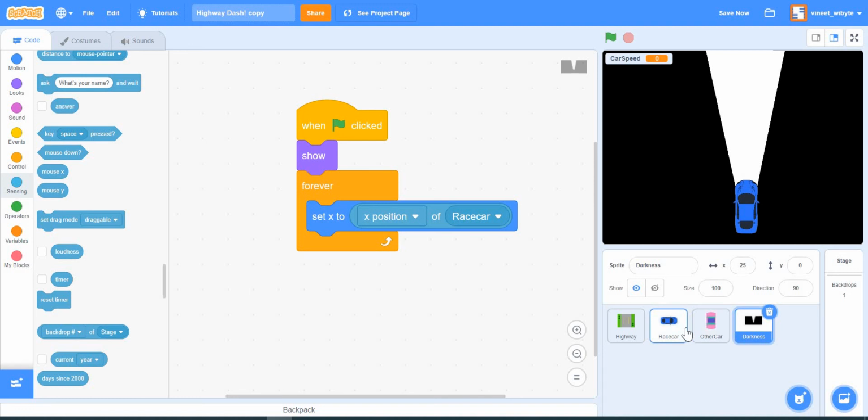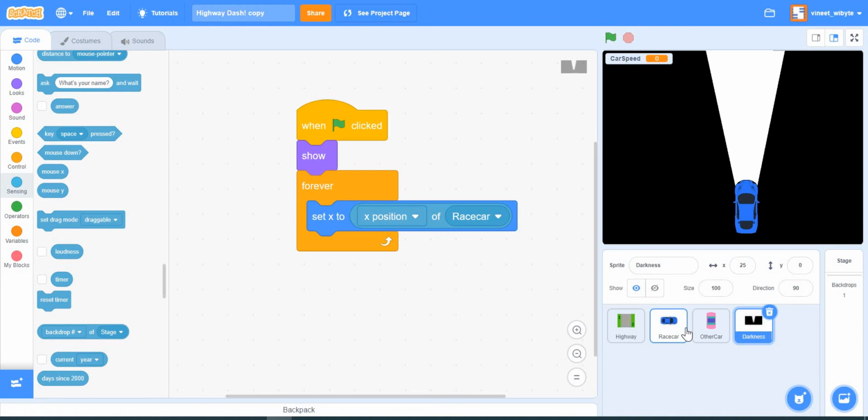Now my car is always visible, which means my car should go over darkness. We saw in the beginning when I first brought in the darkness sprite, my car was behind and hence could not be seen. I do not want that. I want my car to be seen always. So my car should be on the top layer, then the darkness sprite, then the other cars, and then the highway.